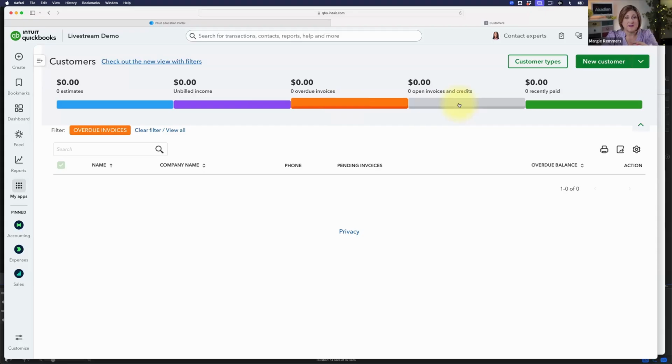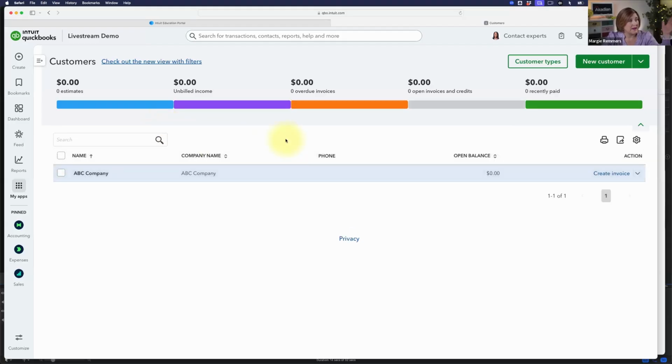Notice I'm saying "if you want to see a list of customers" every time, okay? That's because we're in the customer center. This is the customer place. All of these are really just filters. And you can see right here that it applied this filter, and then you can clear the filter. If you clear the filter, that means you're viewing all of the customers. So I'm going to click that, and now I have my list of all of my customers.